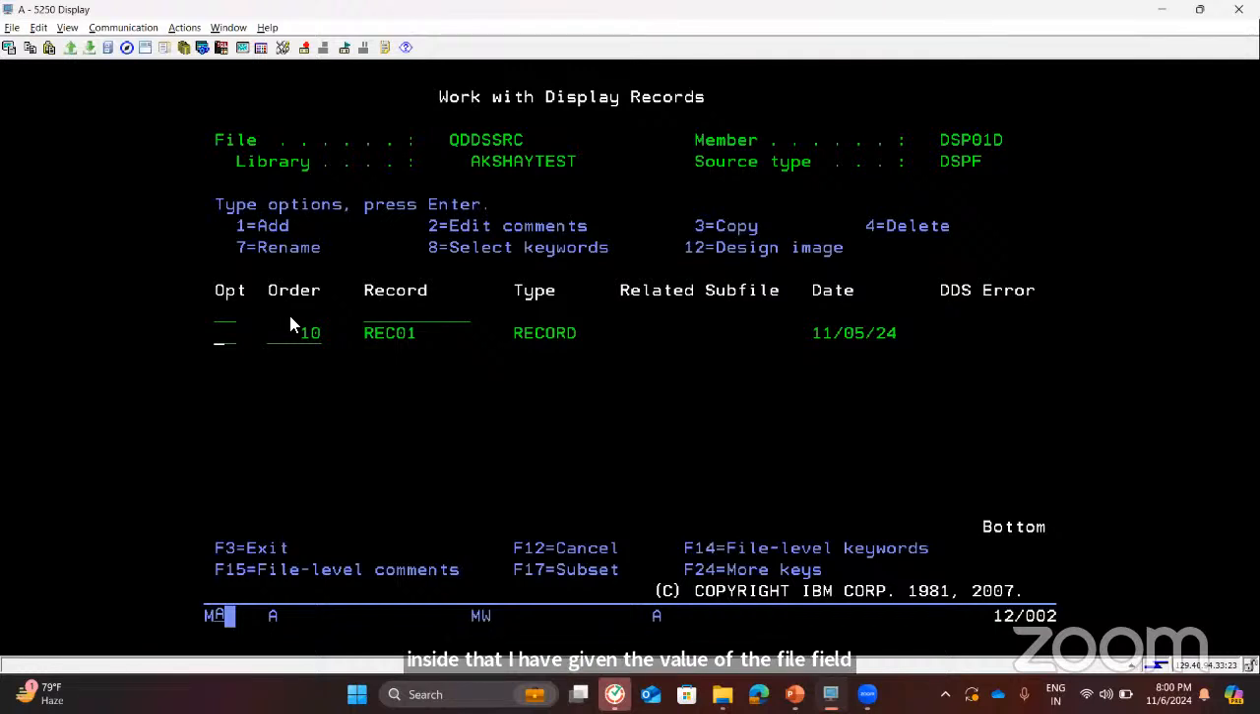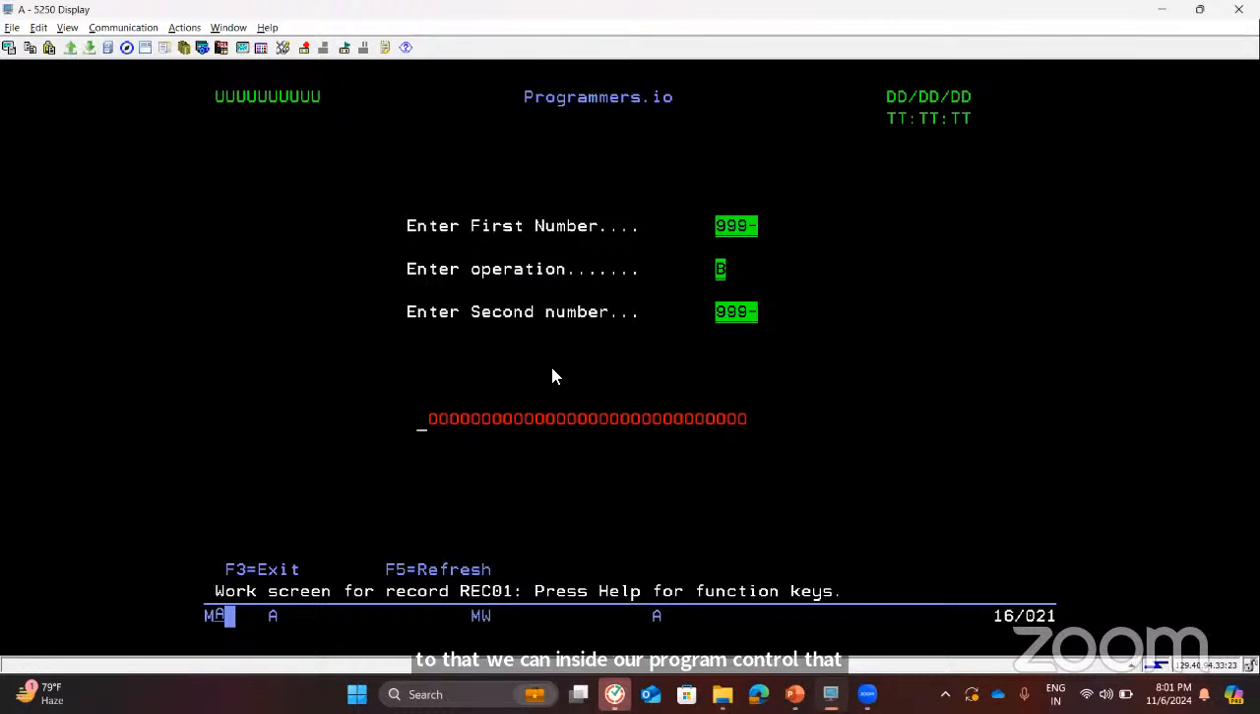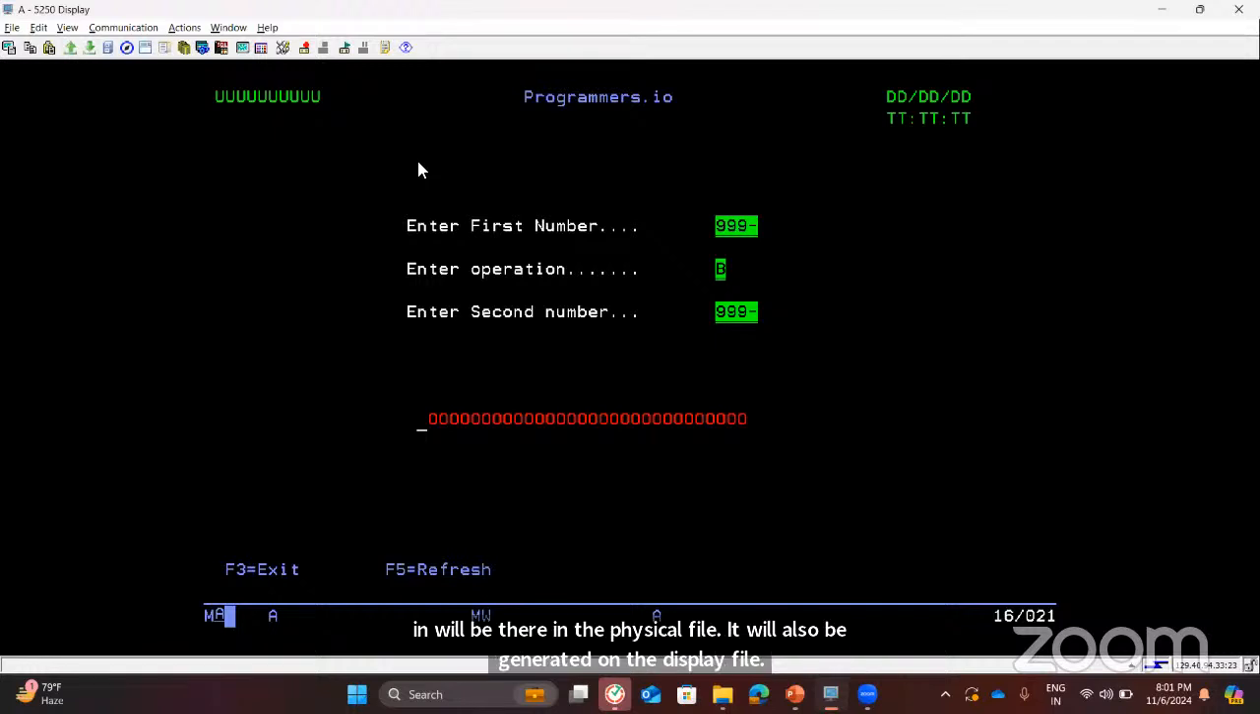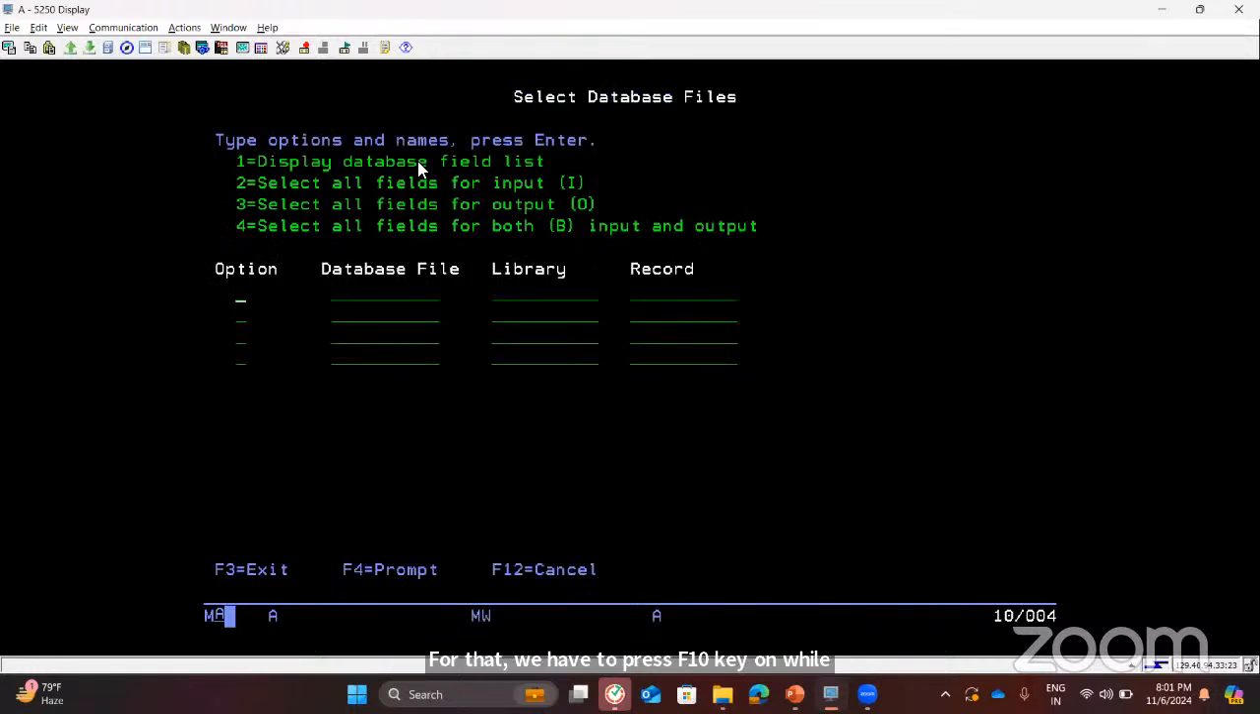So one thing is that we can do that, we can control that inside a program, or we can directly use a physical file field inside our display file. So whatever the value of the field will be there in the physical file, it will also be generated on the display file. For that, we have to press F10 key while designing the screen, and it will ask for certain options. I can write 4. Then I have to give the physical file name, the library of that physical file, and the record format, and press